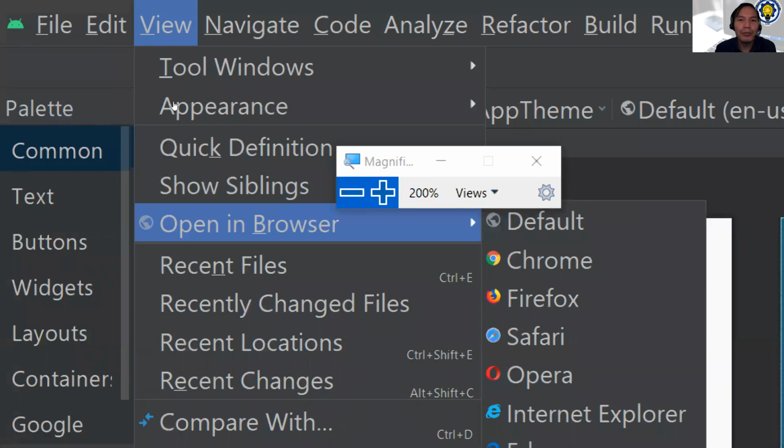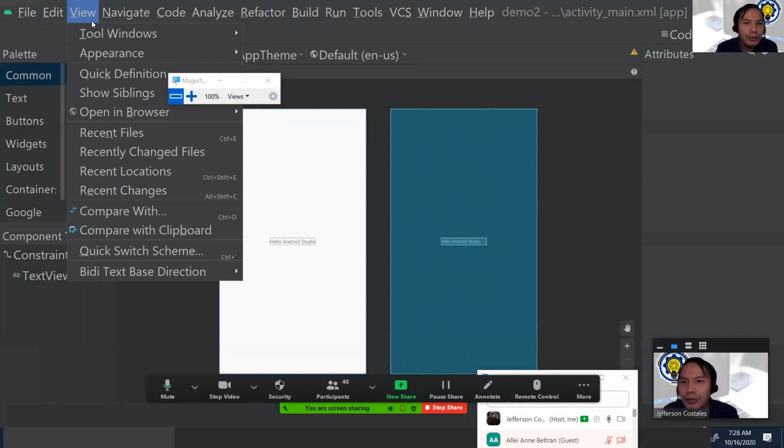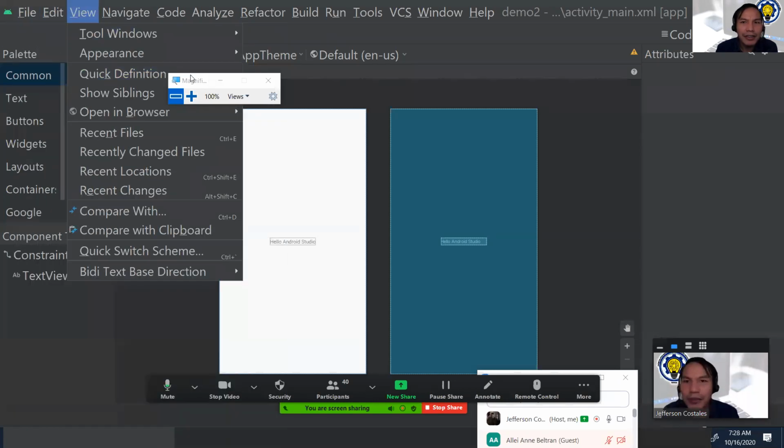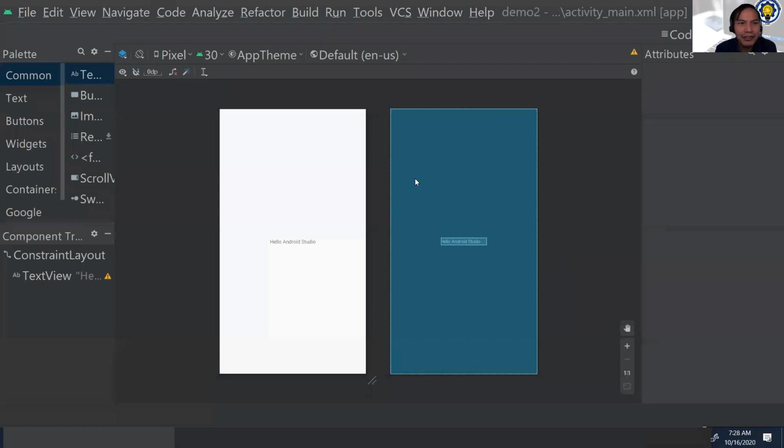So now let's proceed with after the view. Okay, so a much better presentation is this one, rather than this magnifier. I will close the magnifier now, so it's better. Okay, so now we proceed with